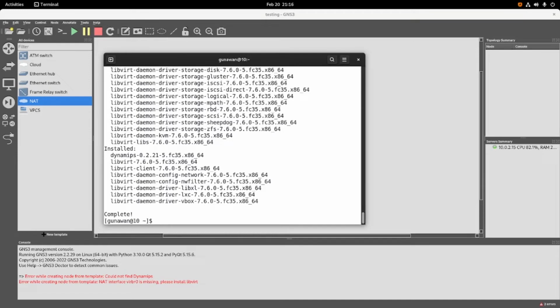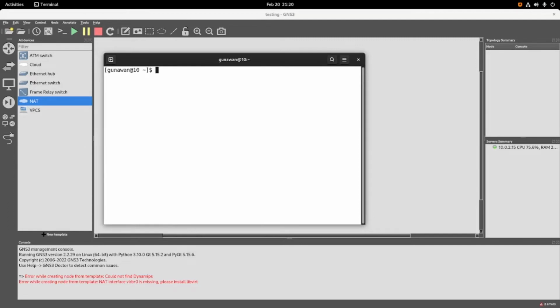The installation is done. Before we restart our GNS3, we need to run the libvirt service.